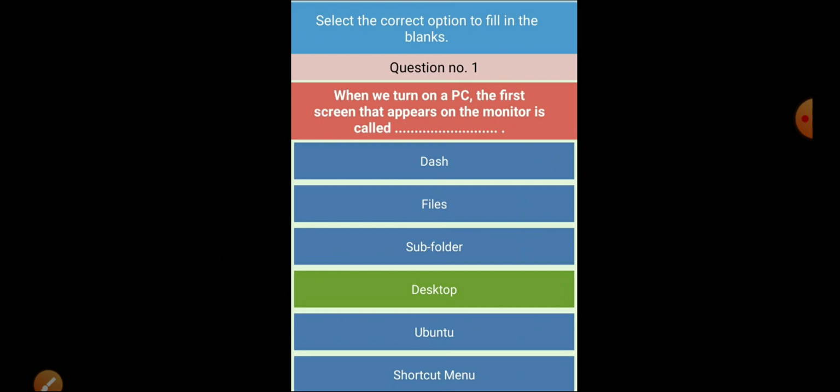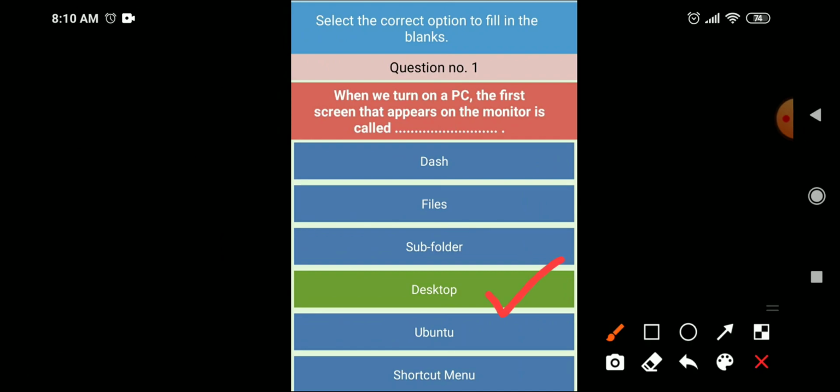Now there are fill-ups. First, when we turn on the PC, the first screen that appears on the monitor is called desktop.